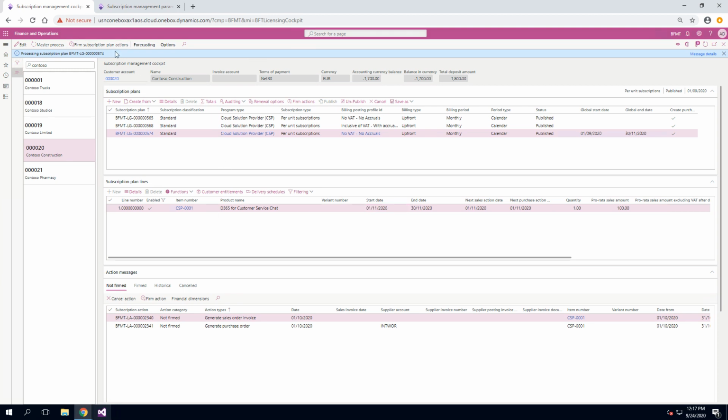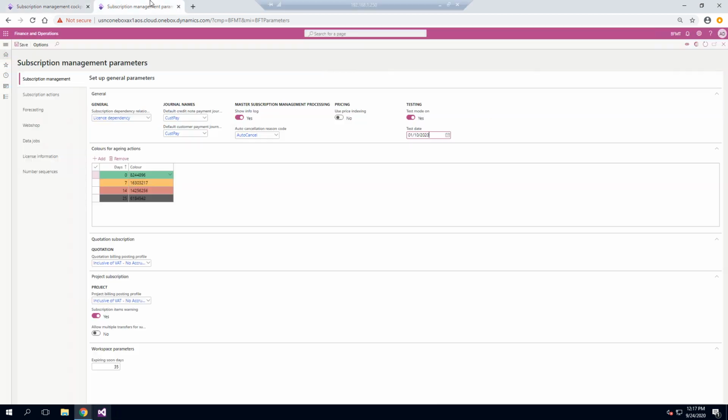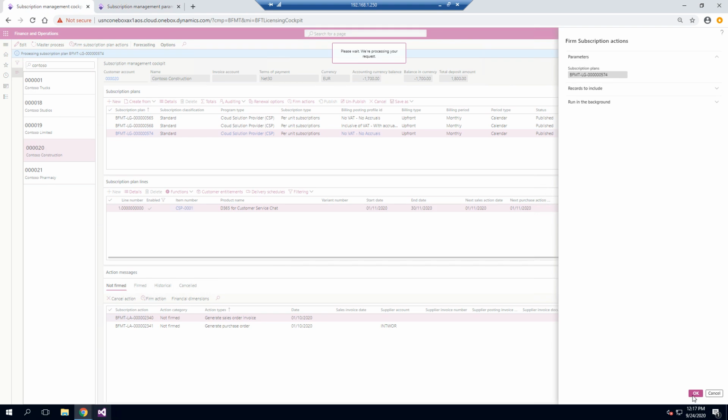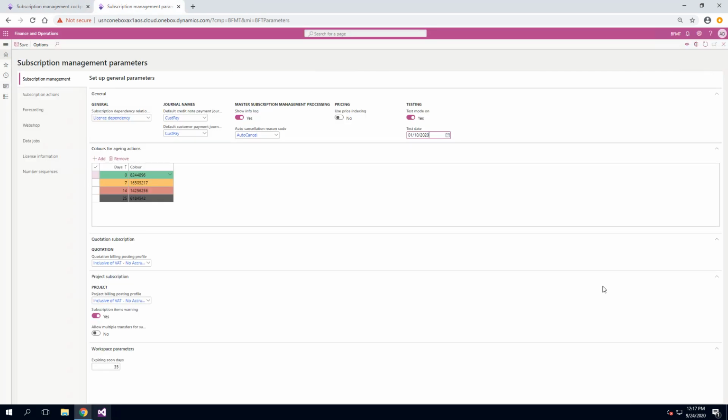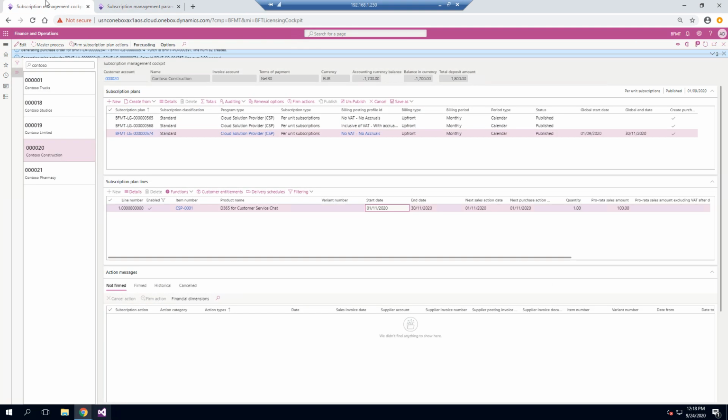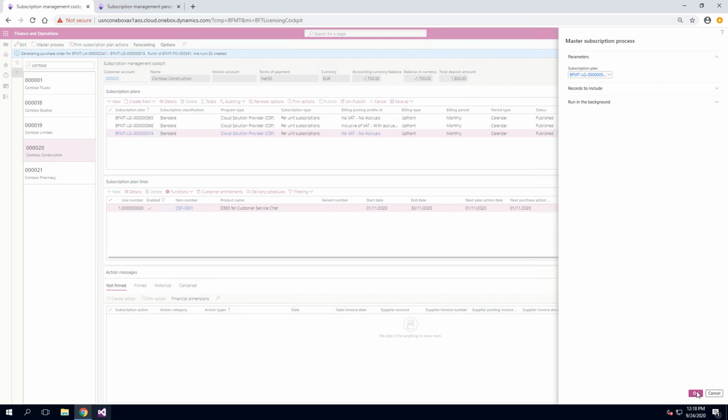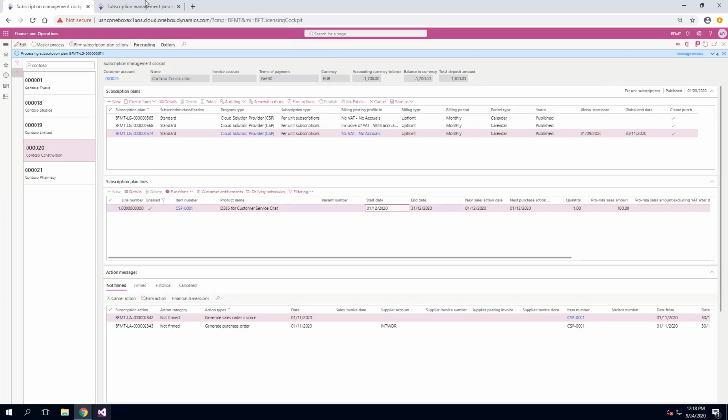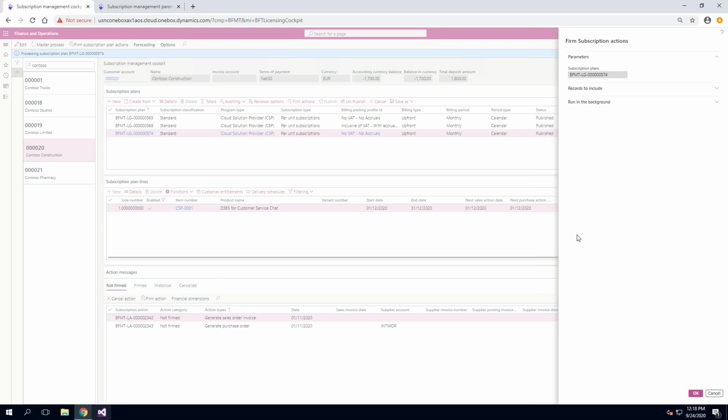I'll once again firm these actions and move to the next month. Run the master process to simulate the next month, and again I get the actions which I will now firm,